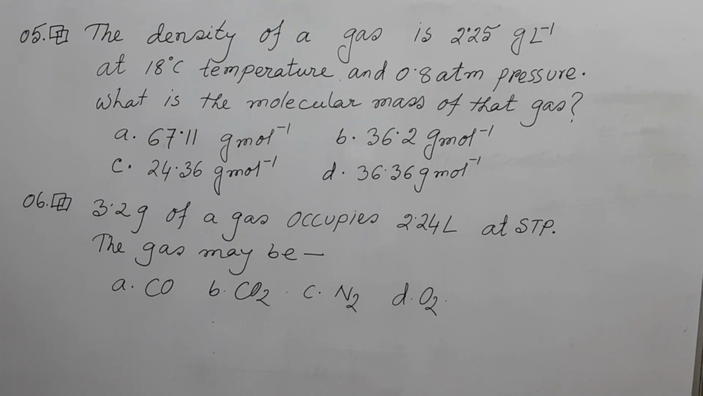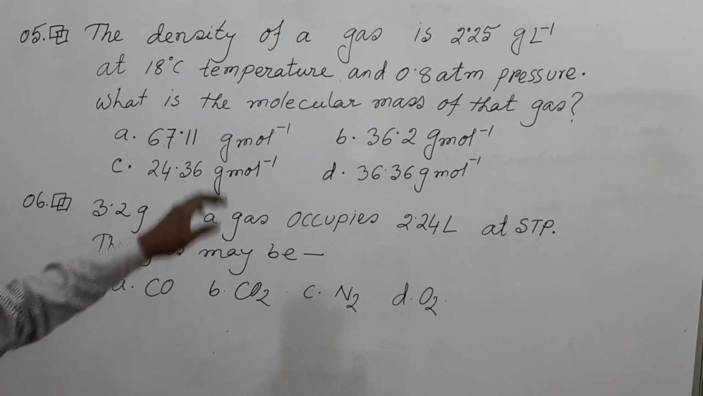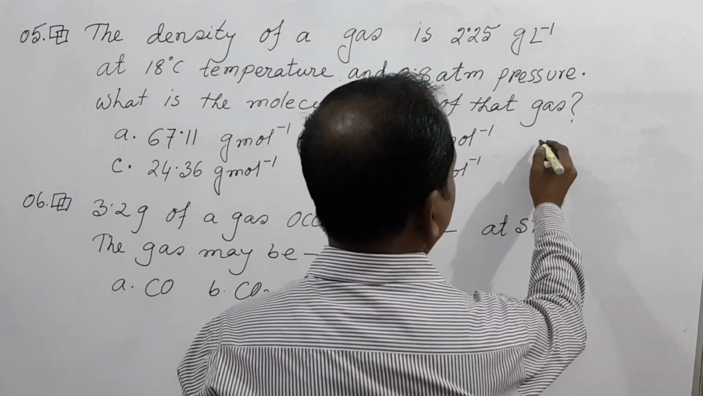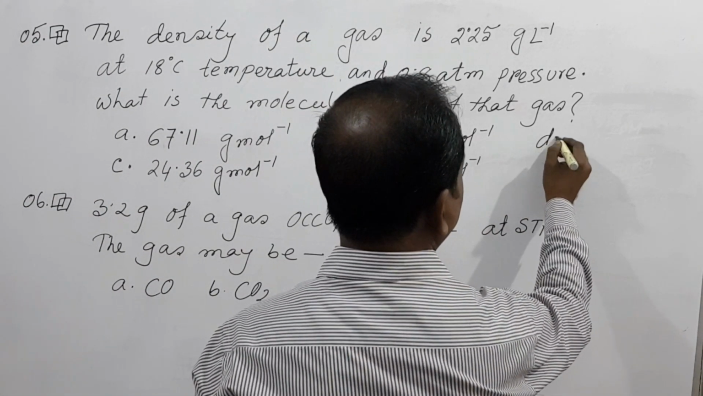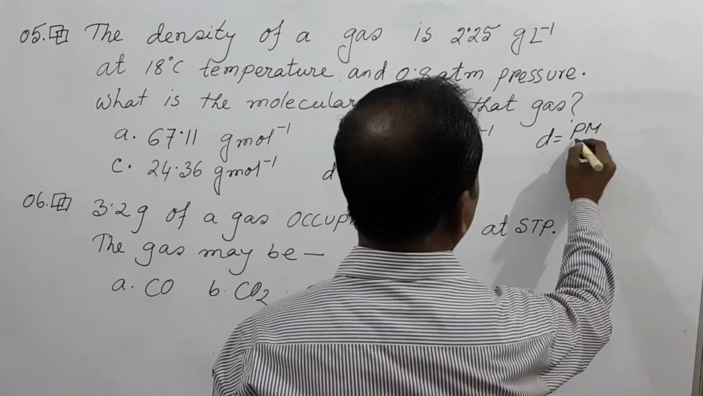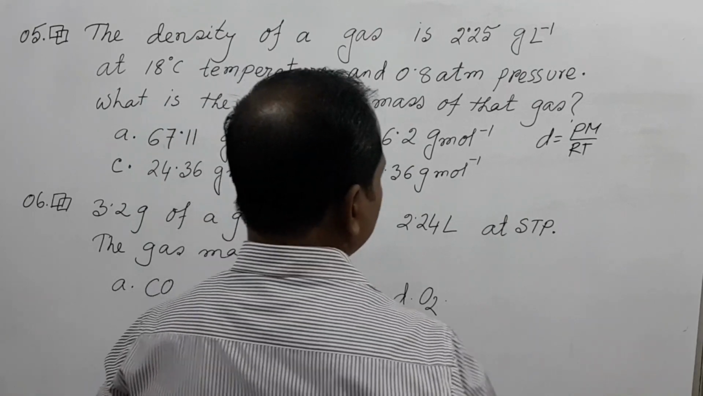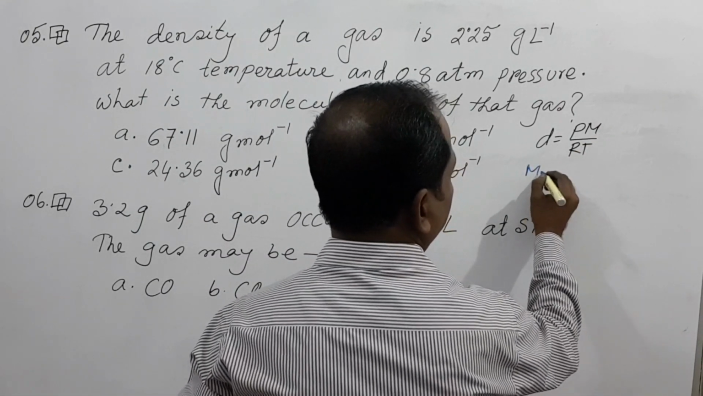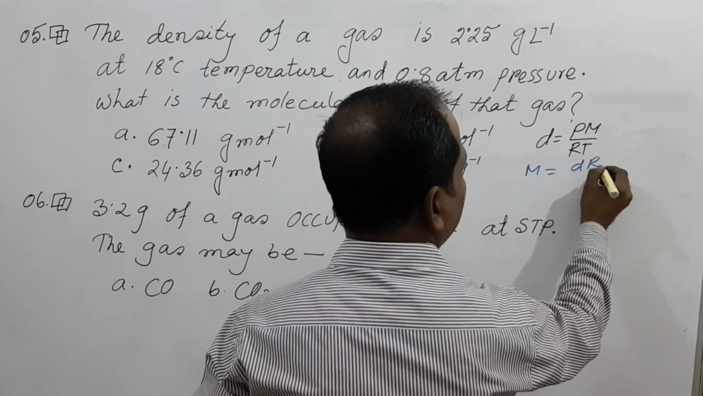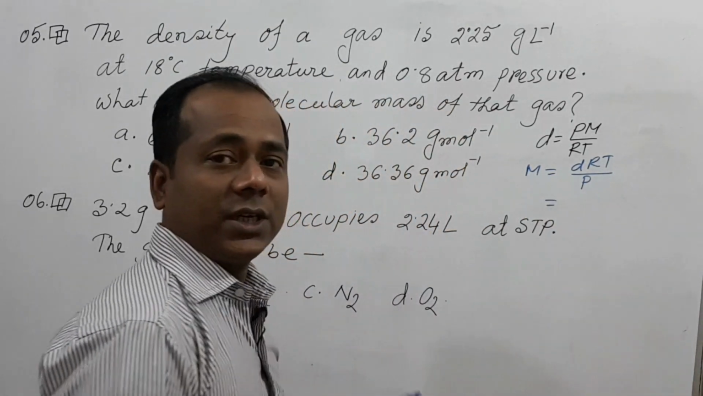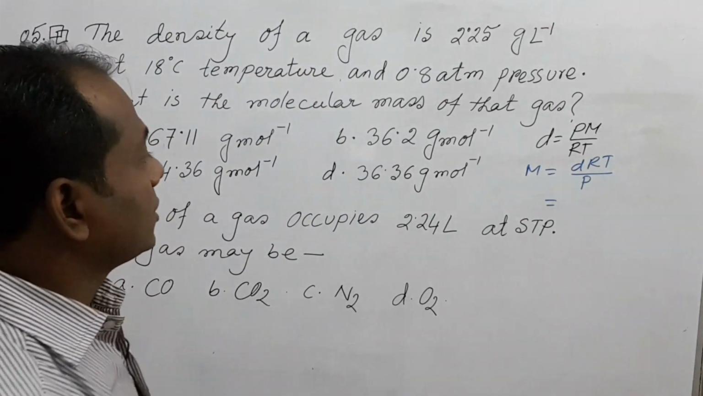What is the molecular mass of that gas? My dear students, here given the density, and we know the formula of density D equal to PM by RT. So we can write M equal to dRT by P, and here given density is